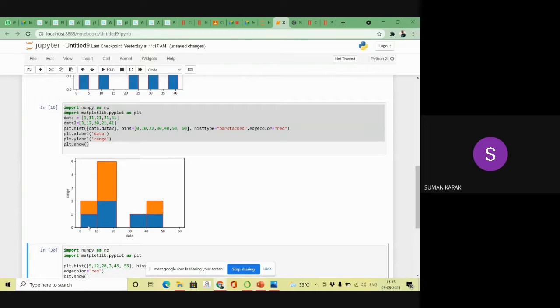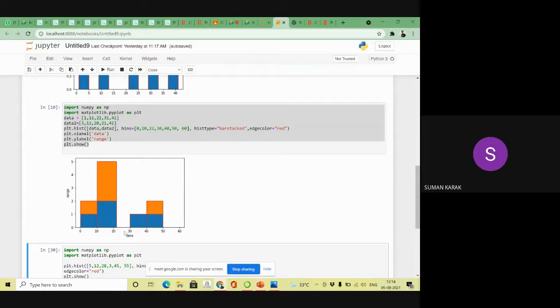Okay, so the first one, this blue color, is data 1, and your orange color is data 2. You can see between this range 0 to 10, how many data are there? Only one. So first my data 1 bar will be created, then on top of it the data 2 bar is created, right?